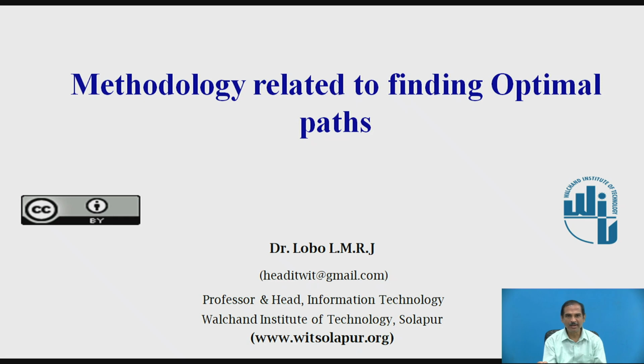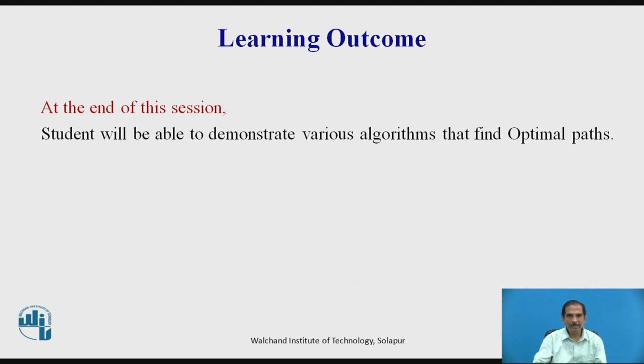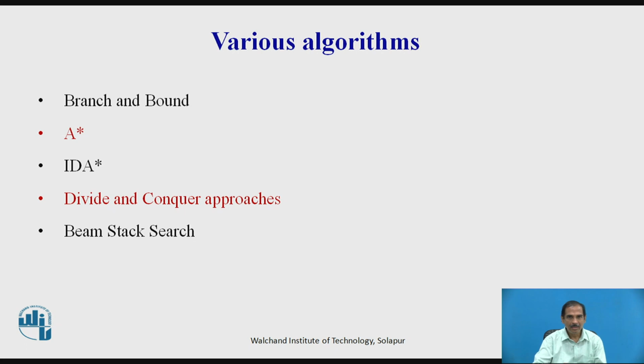Topic: methodology related to finding optimal paths. A student will be able to demonstrate various algorithms that find optimal paths. Here, instead of finding only a specific node, which is the goal node, we will try to find the optimal paths that lead us from the start to the particular goal. There are various algorithms that do this: the branch and bound, A star, IDA star, divide and conquer approaches, and Beam stack